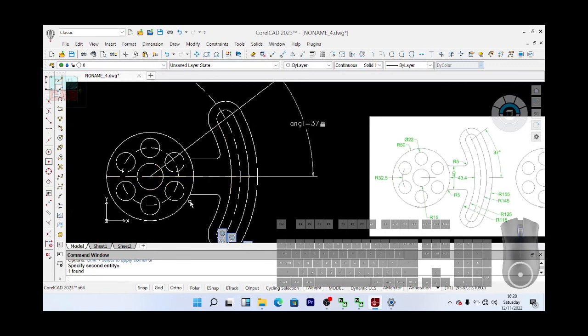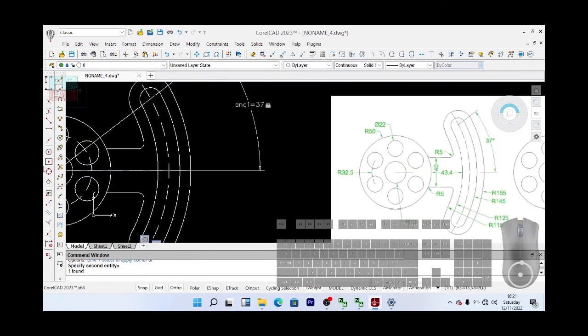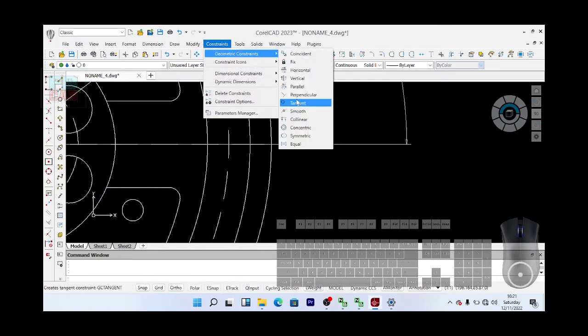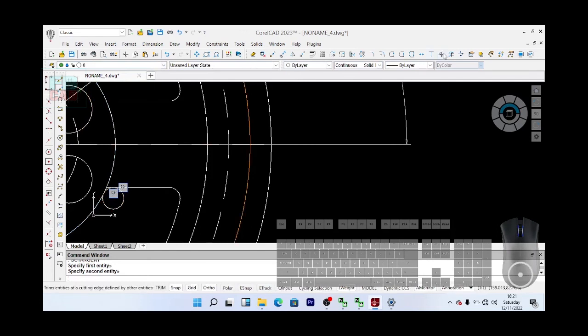So here we have another one here, but right now, because I have a perfect circle here, what we're going to do, we're going to use a circle and a tangent tool. So I specify 5, okay, and I don't like it to be too touchy, so I use my tangent tool. I want this tangent to this, repeat, and I want it to be tangent to this line like that, repeat. Okay, then use my power trim tool,